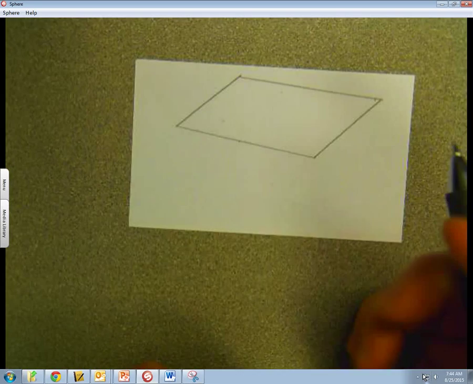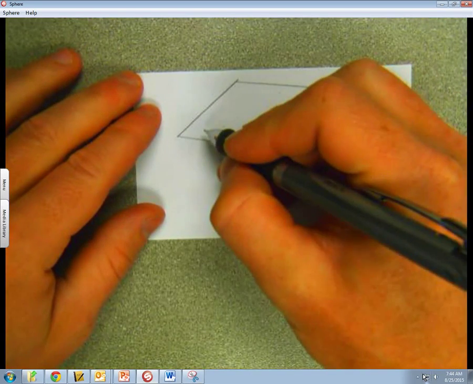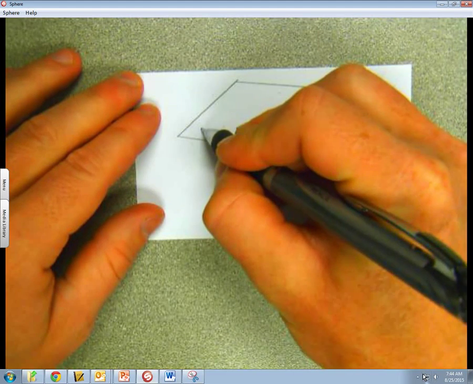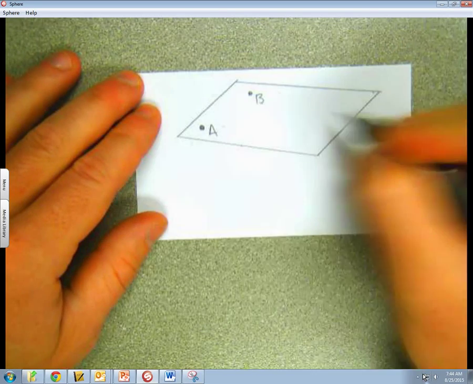So a plane now. A plane has 3 points. That's what defines a plane. So 3